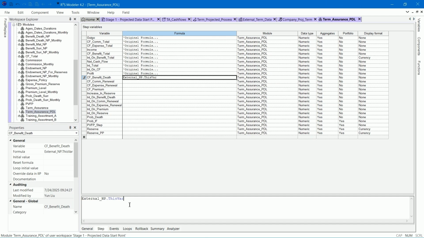And it is open bracket step_date.start to step_date.end, close bracket. Similarly, for other CF-related variables, we can simply copy the formula from CF benefit death and paste.